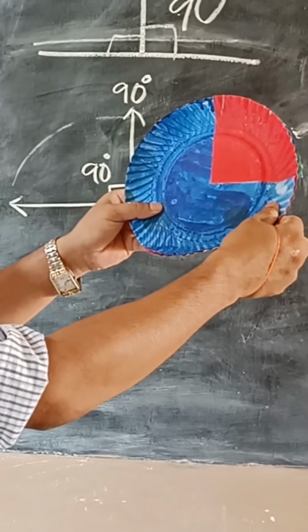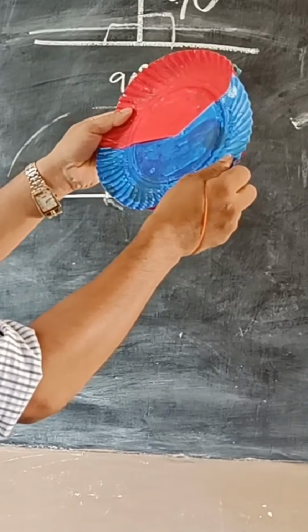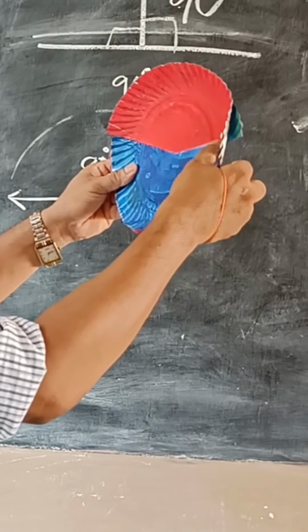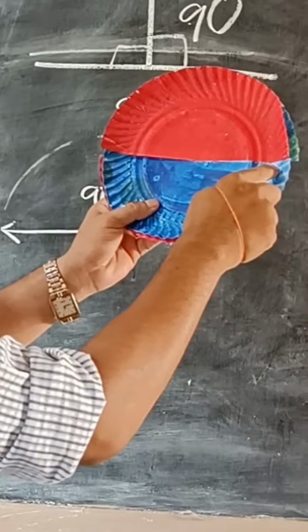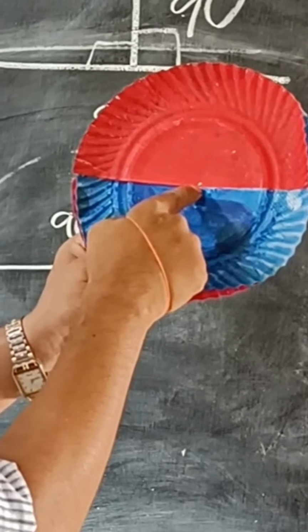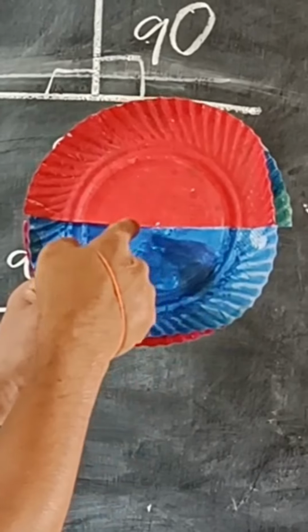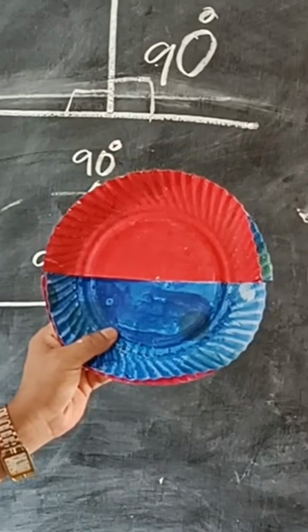And diameter, how much? When the radius gets double. Now the radius from the center gets double. This is the diameter. It is the center. We have already marked this one is the center. From here to here is the radius. When this radius is twice, 2 times, then it is known as diameter.